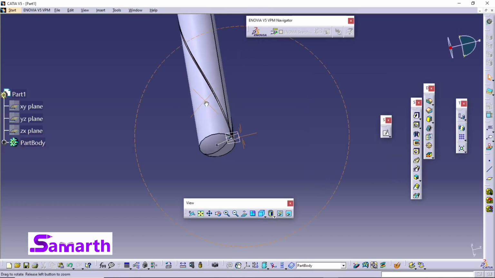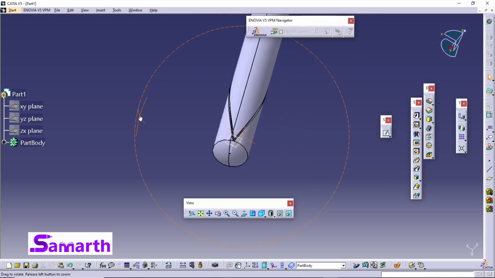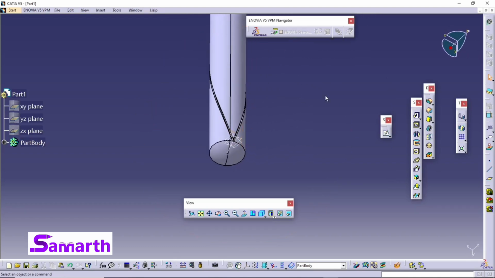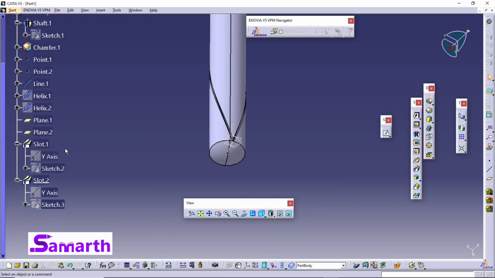Right, you have two slots created. So now I'll use circular pattern to get all the slots along this cylinder. Okay, so now select this slot, select the circular pattern,